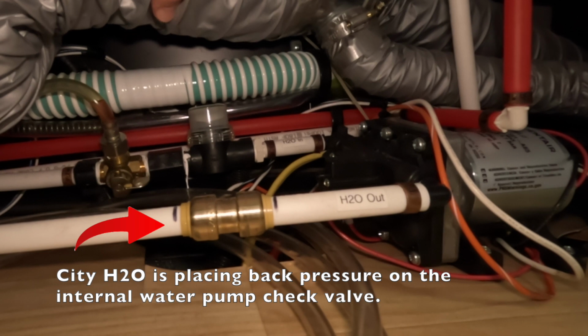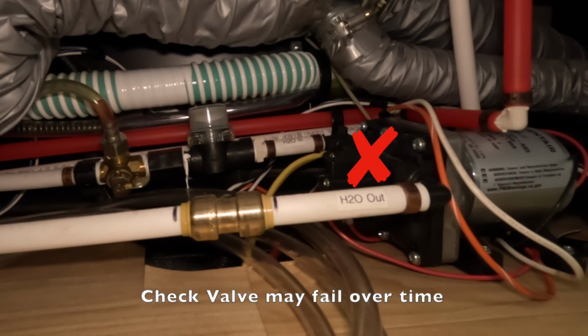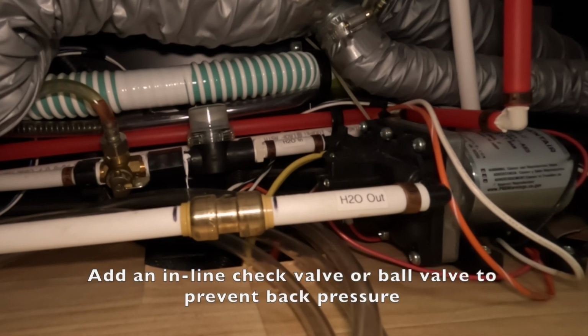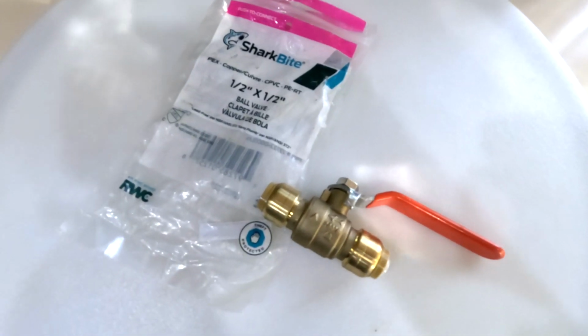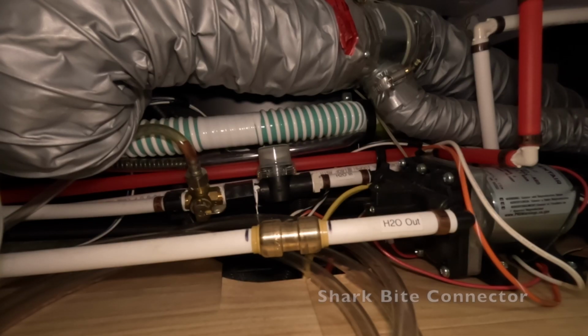Inside here is a check valve. That check valve can potentially fail over time. So what you want to do is provide some type of check valve either before it gets to your water pump, or in my case, I'm going to swap it out for a manual valve. As you can see here, there is already a connector that is in place. I previously had a check valve in that position,